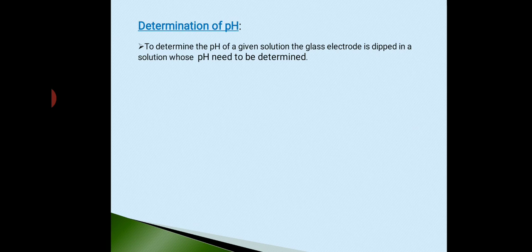Okay students, here things are not so simple. Here I can't use only one glass electrode, because if I use only one glass electrode then only one half cell is generated, but there must be a cell generated. The next step explains that. This glass electrode must be combined with a saturated calomel electrode.